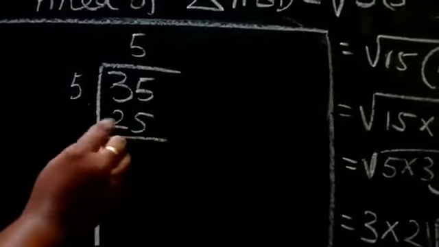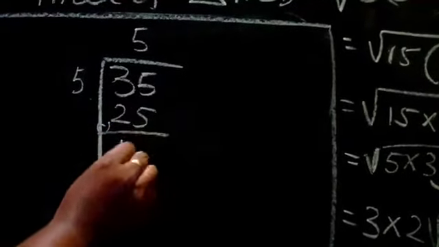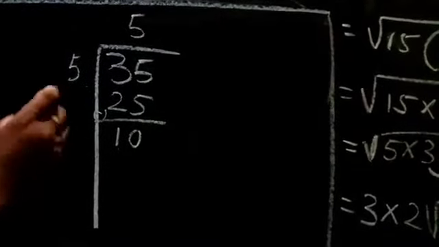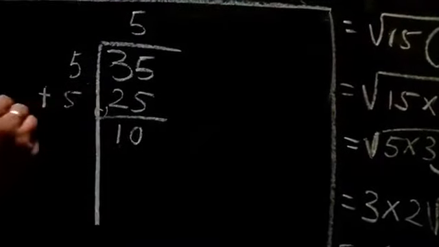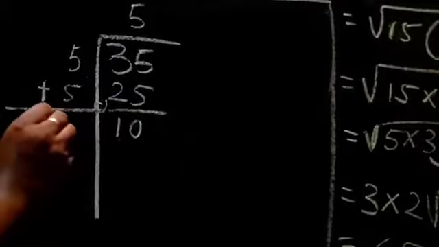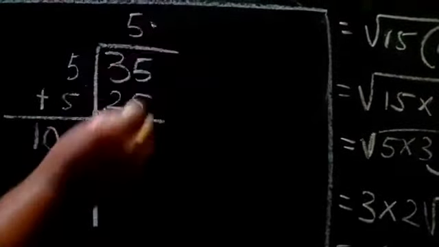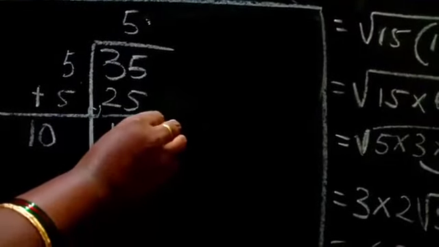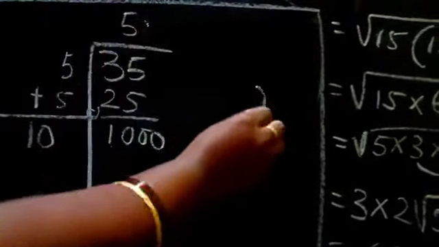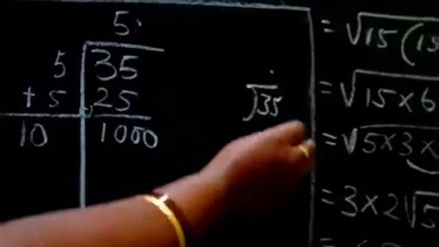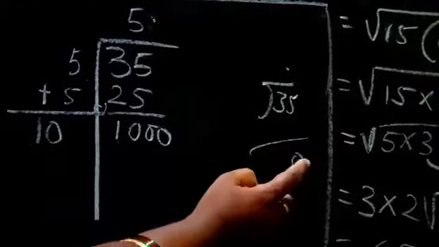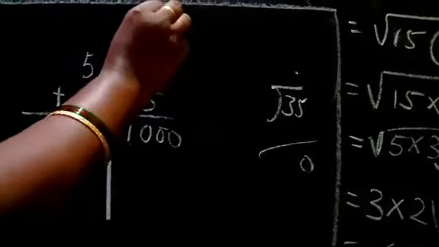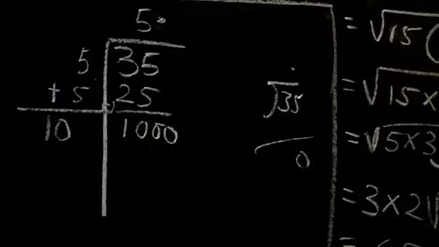So then you have to do minus of this. We'll get 10. Which number you have written here, the same number we have to take and add here. So 5 plus 5 is 10. Then we have to put here the point, and we have to write here 00. In normal division, if we keep the point, we'll add here only 10, right? Same like that, this is square root division. That's why 1 point here, 00 we must add.